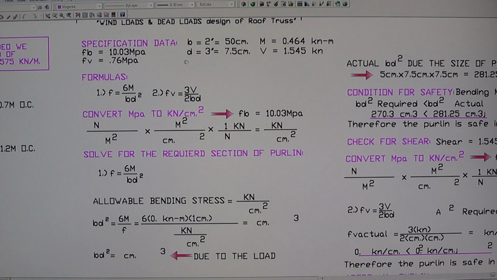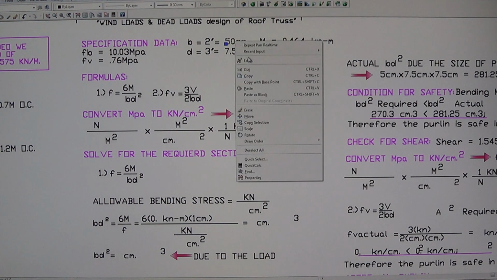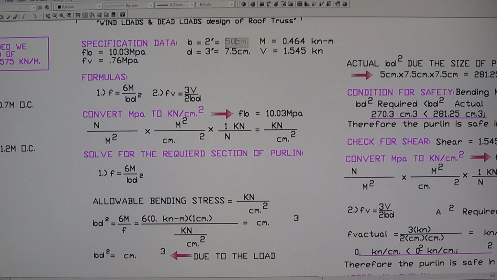Here's the dimension of the Purlin, 2 inches by 3 inches. So I converted it: this is 5 centimeter for 2 inches, and 3 inches is approximately 7.5 centimeter. Okay, and during our calculation